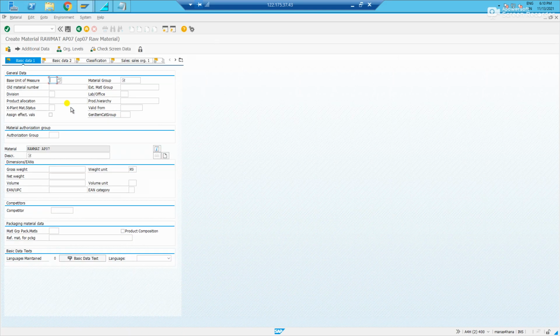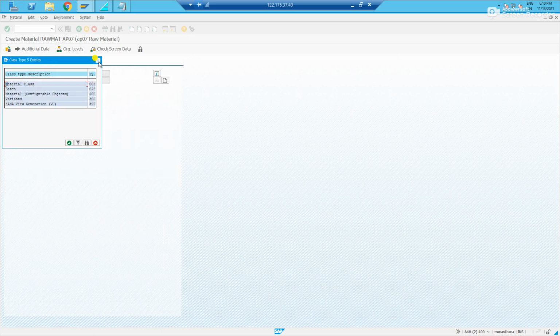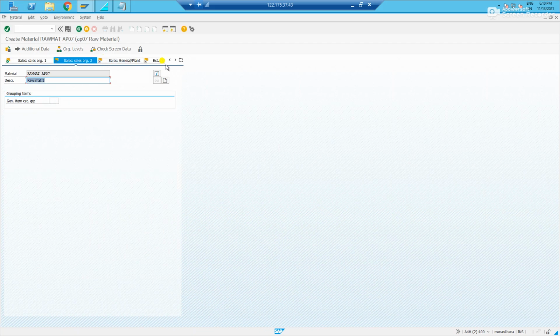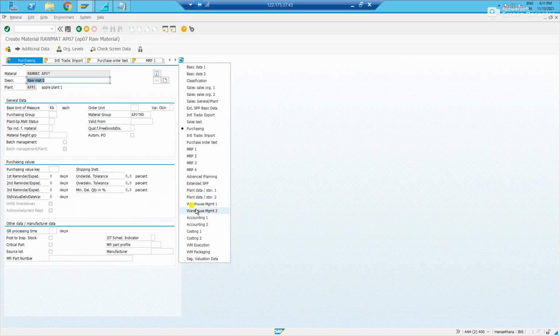I've selected. If you forget to go to any necessary view while creating a material master, the system will not allow you to do further posting. You have to be very careful. You need to go at least to the mandatory views, then only that view will be activated, otherwise it will not activate. Let us go to what is needed. This is needed. If you don't come to the purchasing tab, when you do a goods receipt you will get an issue: the material did not have this view. Not till there even, at the time of purchase order creation only you will get the error.